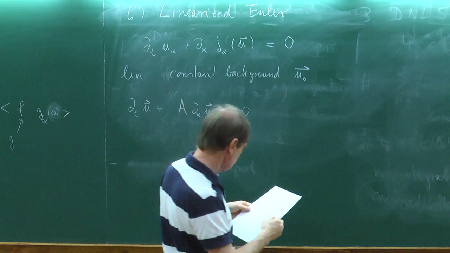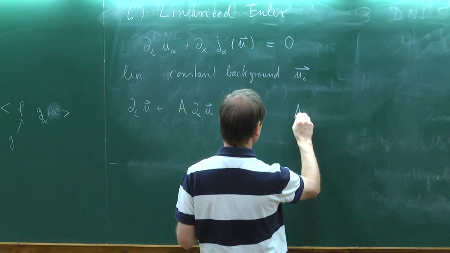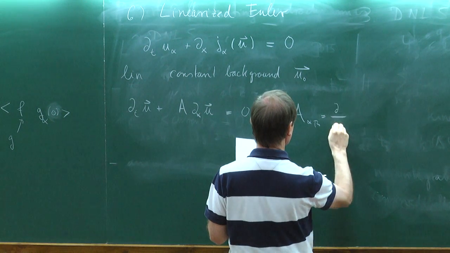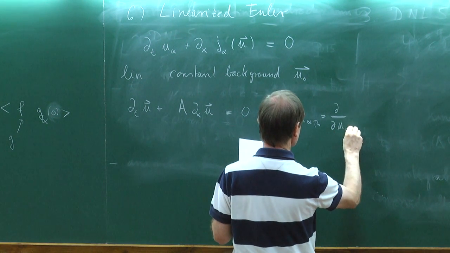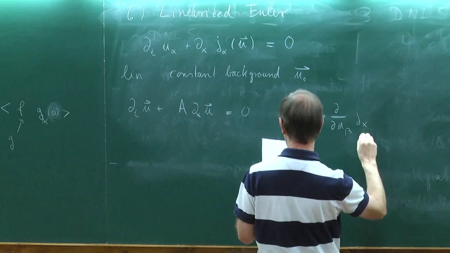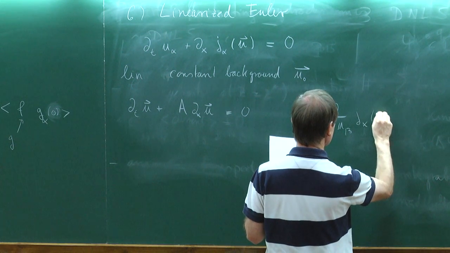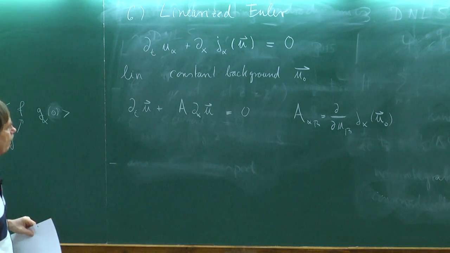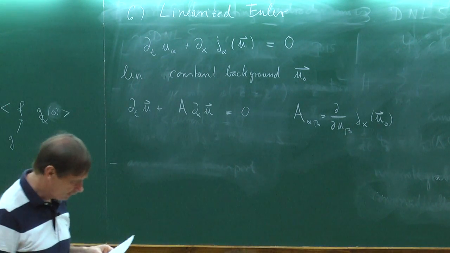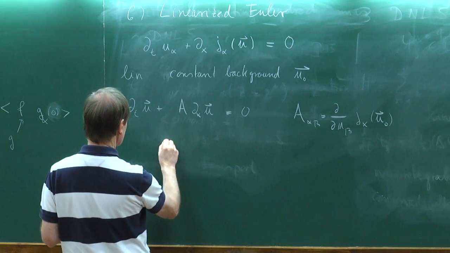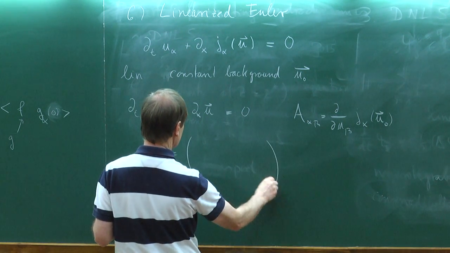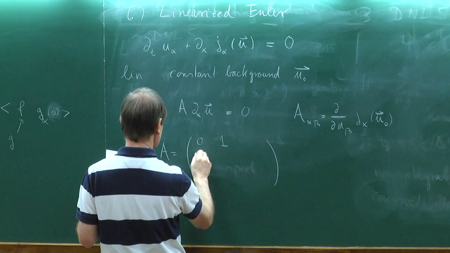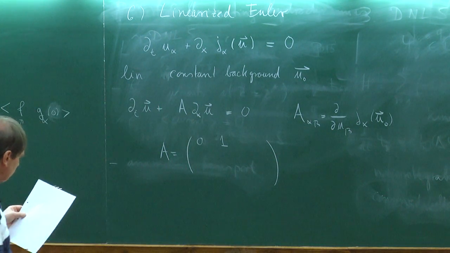And of course, this is just the A alpha beta. It's nothing else but differentiating these currents with respect to beta. You take the alpha current, and of course, you evaluate this at the background value u0, right? All right. Now, of course, the A we can compute in our case explicitly, so it's not very hard. You find the one here. So I'm just using these formulas from over here.